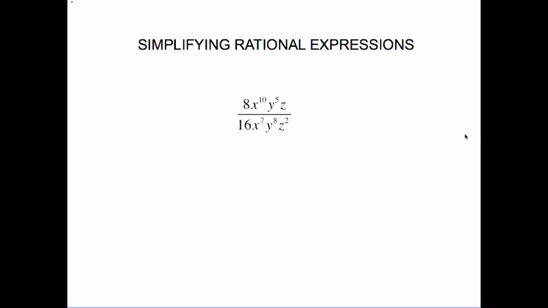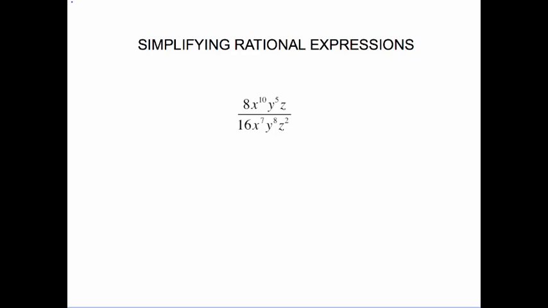This video is Simplifying Rational Expressions Part 1. A rational expression is just a fraction that has a polynomial on the top and a polynomial on the bottom. In this case, we have monomial over monomial, but we can have binomials and trinomials. When it is the monomial over monomial situation, this is easy to deal with because this is just using your